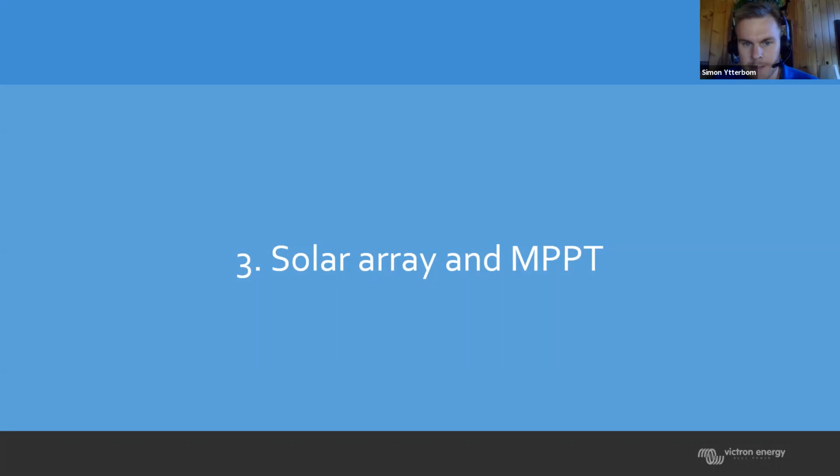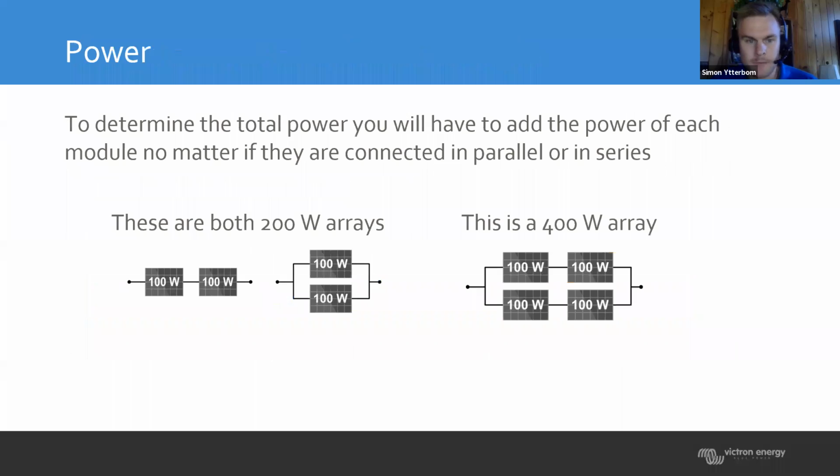Some of the charging sources, we have a solar array and MPPT. We want to add a couple of solar panels to charge our batteries to help offset some of the discharge. So at that point, we can start taking a look at what kind of panels we can fit. On a sailboat, this is usually dictated by real estate. We might not have a lot of room to put up a lot of solar panels, so sometimes the calculations here are not